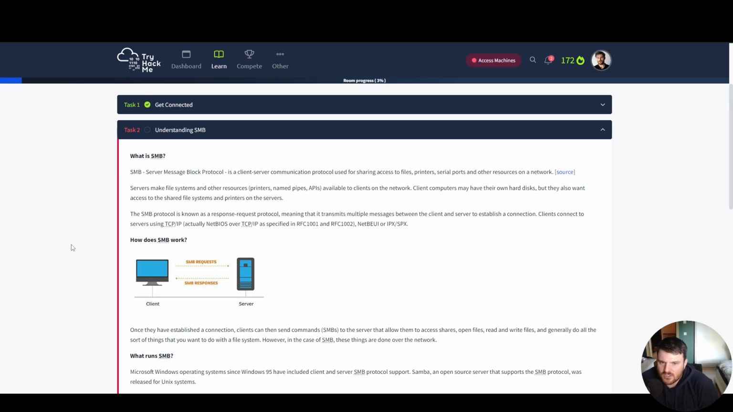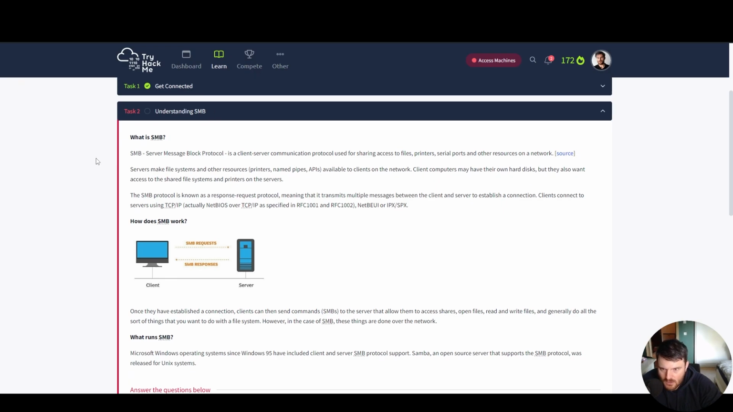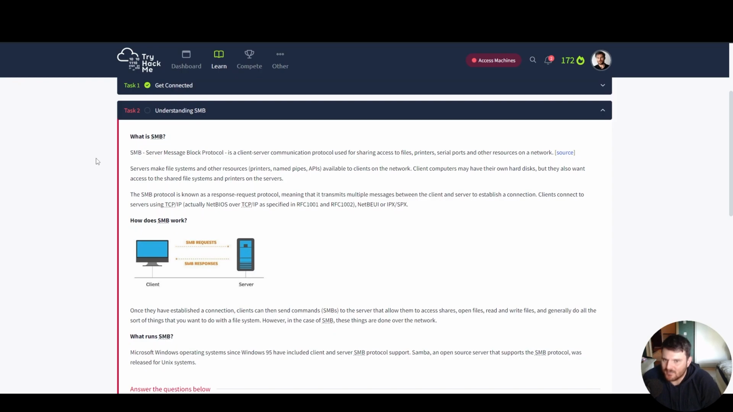It's a client-server communication protocol used for sharing access to files, printers, serial ports, and other resources on a network. Servers make file systems and other resources, printers, named pipes, APIs, available to clients on the network. Client computers may have their own hard disks, but they all want access to the shared file systems and printers